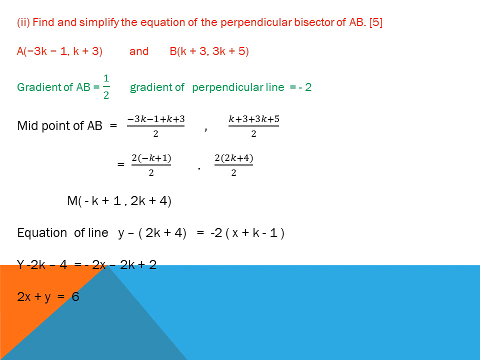In question number 8, a line has equation y is equal to x plus 1, and the curve has an equation given. Find the set of values of the constant for which the line meets the curve. It's a repeating question which we have already done in previous questions, I think question number 2 or 3 here. The line cuts the curve at two distinct points. For two distinct points, we should take the discriminant greater than 0, b square minus 4ac should be greater than 0. First, I equate these two equations, the equation of the curve and the equation of the line, because these two are intersecting each other.